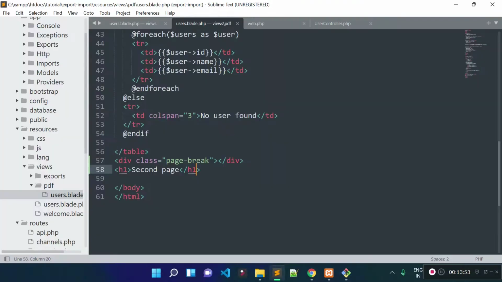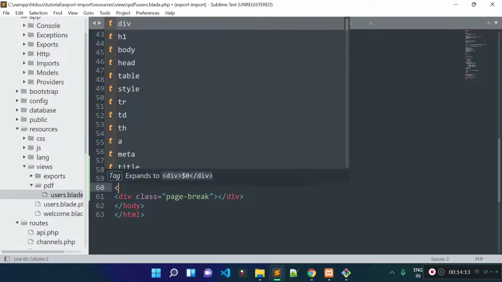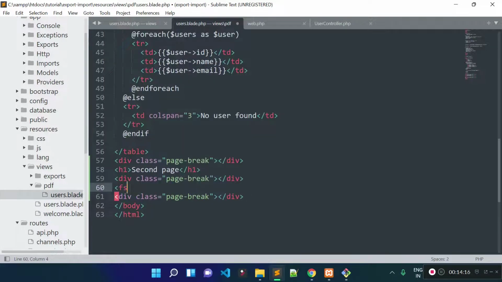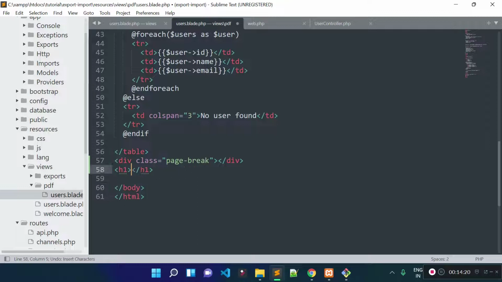So if we need to display any other data in a single PDF file with multiple pages, you can add this div of class page break, and then you can add the data as per your choice. Okay, suppose you want 3 pages, then you can add another page break here. If you want 4 pages, you can add another one, and you can add the data as per your choice here. Okay, so that's it for exporting PDF.